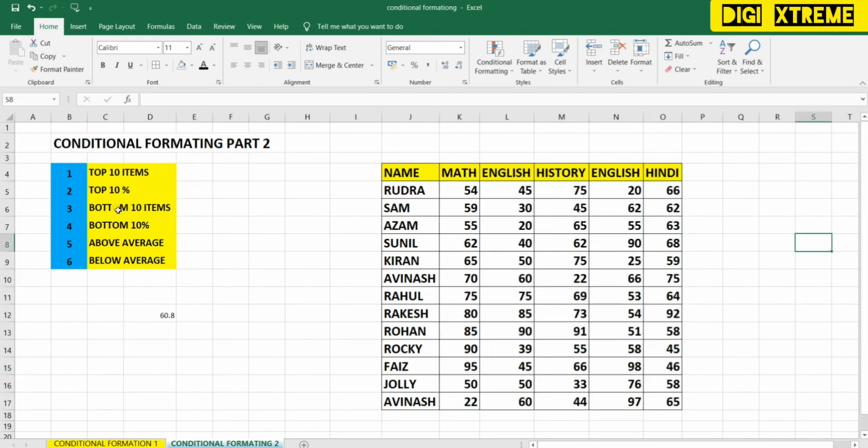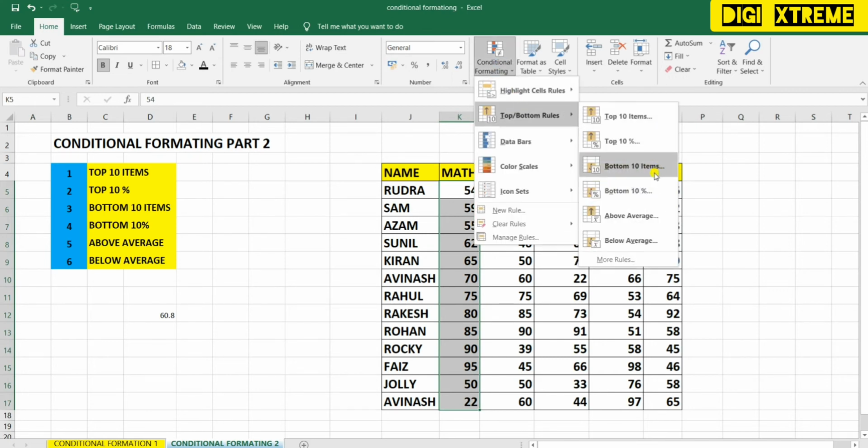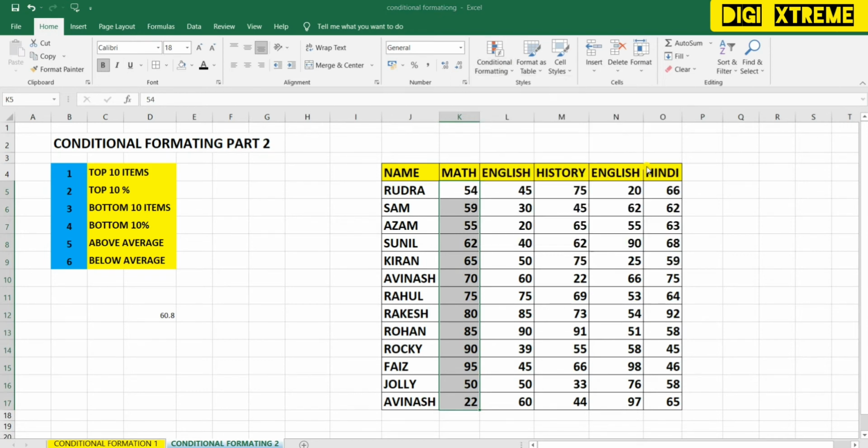Next one, bottom 10 items. Like we did in top 10 items, in the same way we'll see bottom 10 items. For this, I need to select the range again. We'll go to conditional formatting, then bottom 10 items. It will highlight bottom 10 items.